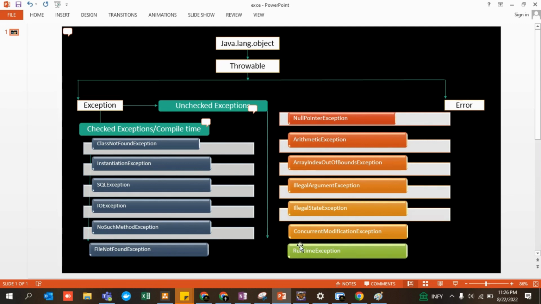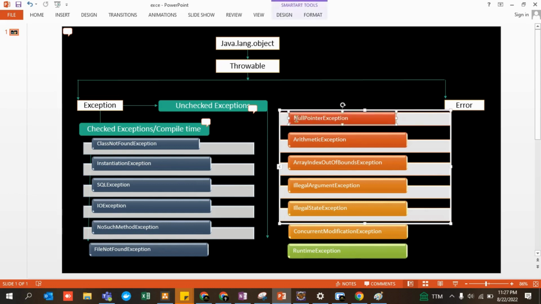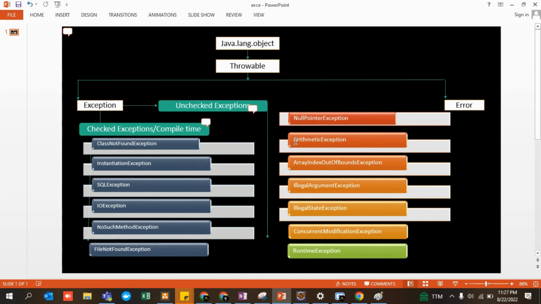I hope I have made some sense, although I have made use of a very, very illogical kind of example, but this is just to make it clear for you guys. And guys, I'll be going through each and every exception in very, very detail. I have prepared a demo for you guys for a couple of these. The rest I will cover in my next lecture. So let's get started with the demo.